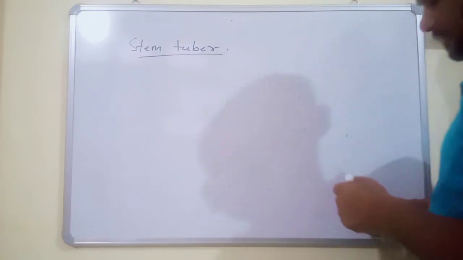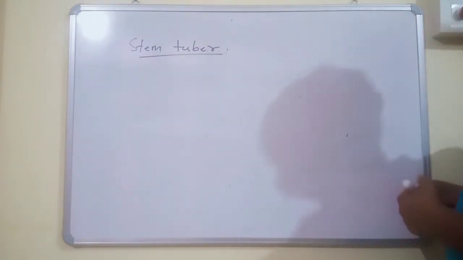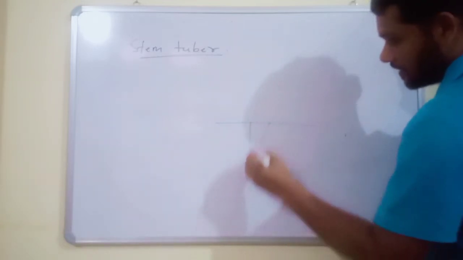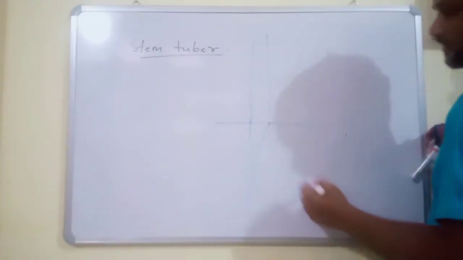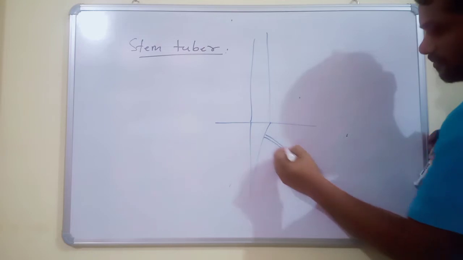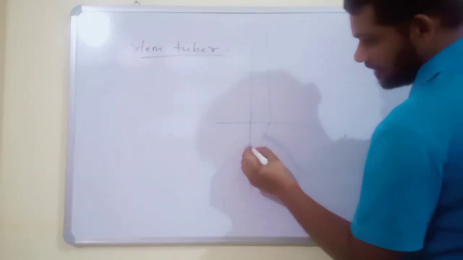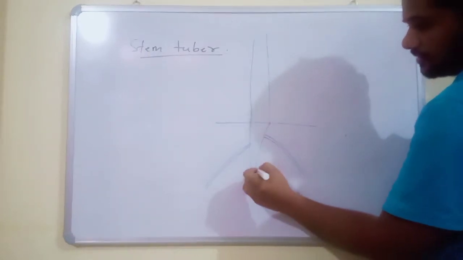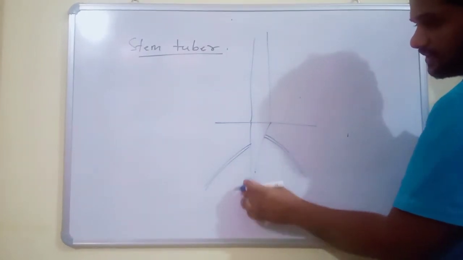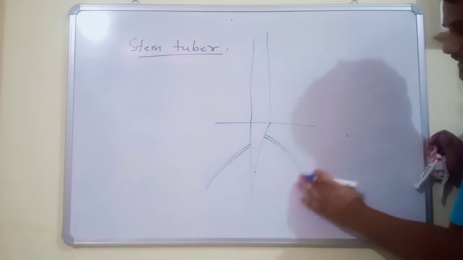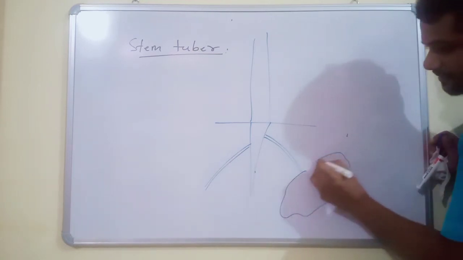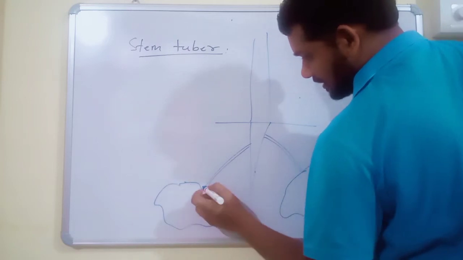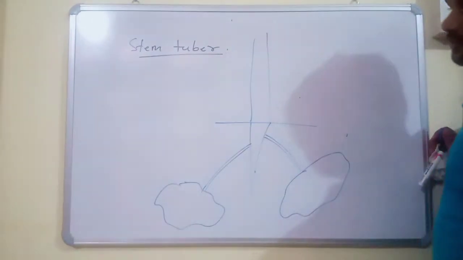So in some cases, in plants like potato, half of the stem grows below the soil, and half of the stem grows above the soil, and it produces many branches from the axils of lower leaves. These are the branches of the stem, not roots. Roots are usually not present on this stem, and the branches of the stem store the food material and become tuber-like structures, and these tubers are called stem tubers.